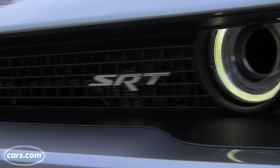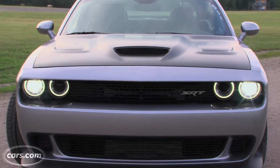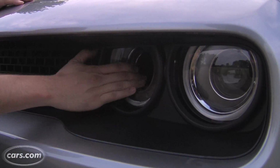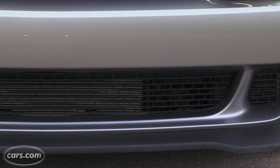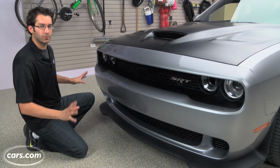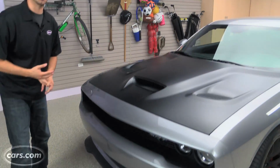Down at the headlight level, the inboard driver's side headlight is removed, and in its place is an air intake that goes straight to the engine's airbox. Down a little lower, there are no fog lights. Instead, it's just open grill space to get as much air as possible into the coolers and heat exchangers behind